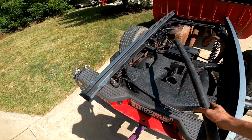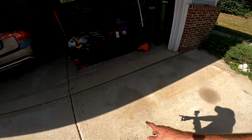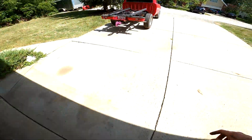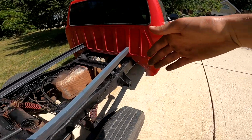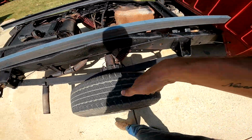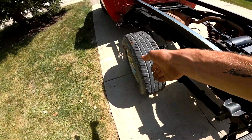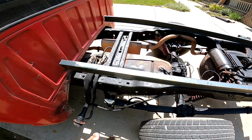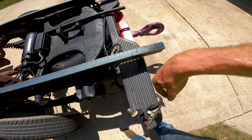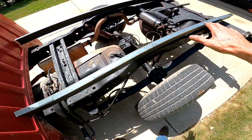And once we have that all set up, we're going to square it off, and I have 1.5 by 3-inch rectangular tubing for the front frame that we're going to put right on top of here. That's going to sit here, and then we're going to have our side rail. It's going to do a little jog in, go over, little jog, go straight back to the cross member, and then I have 1.5 by 1.5 tubing to go across, and 1.5 by 1.5 angle to go on the back here, and on the front here, just to serve as a lip for the boards to sit on top of,